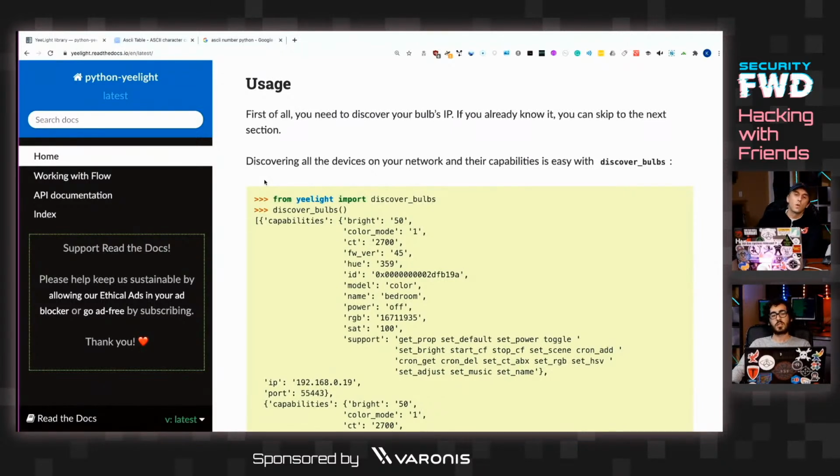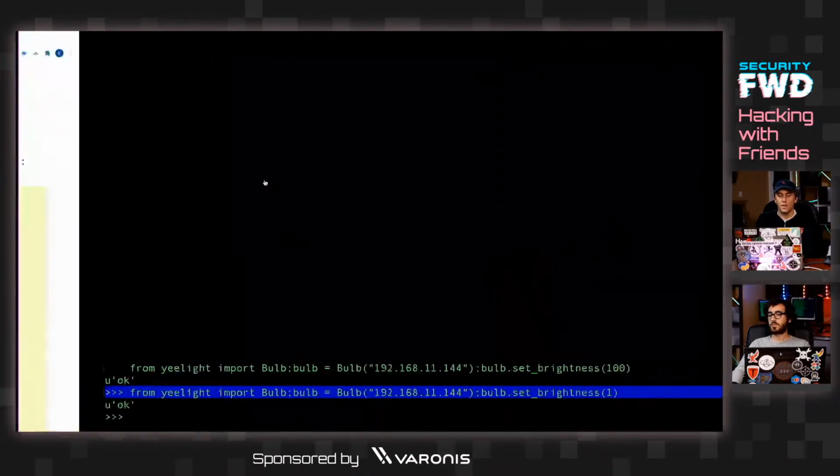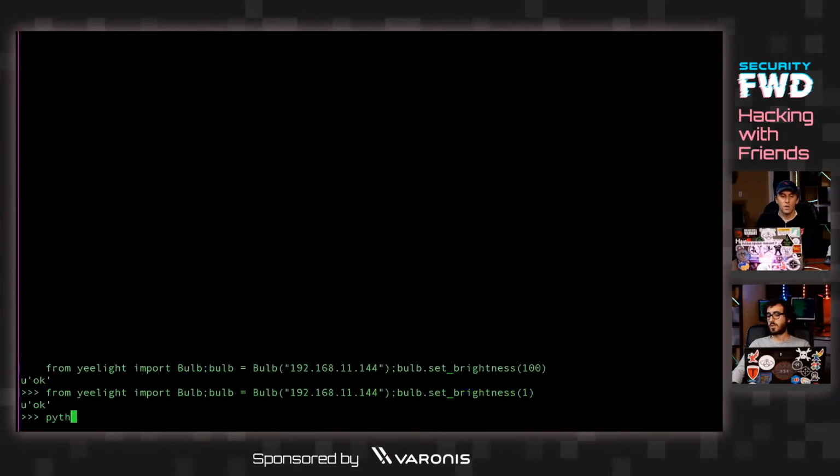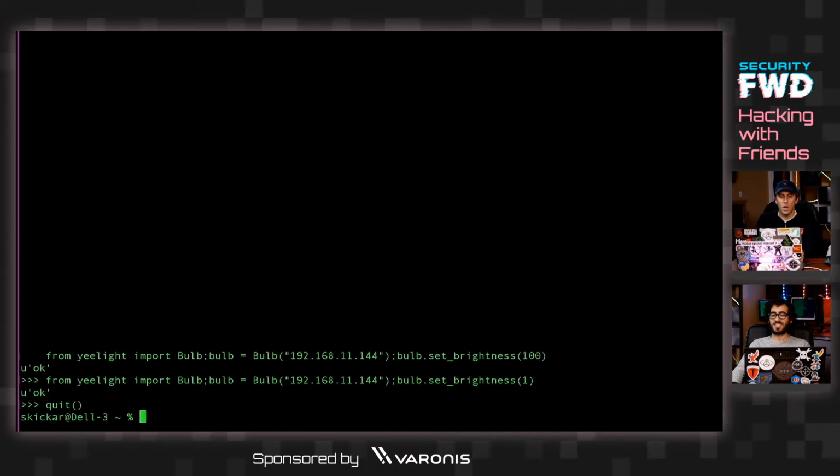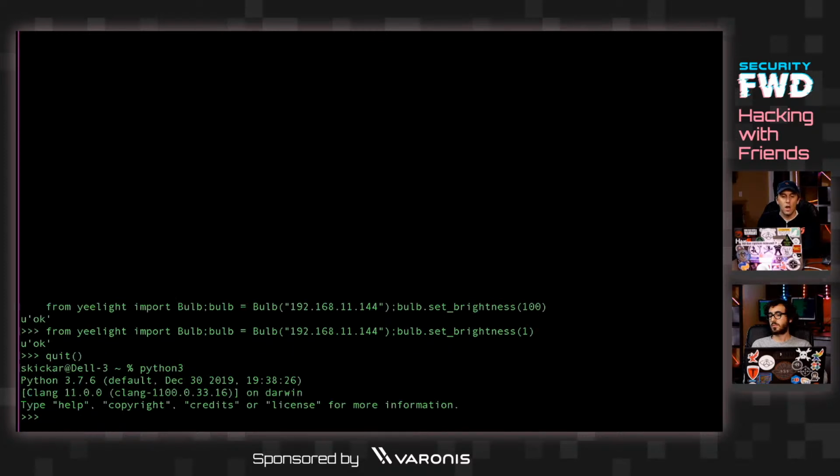Okay, cool. So as soon as we call Python, I'll exit out of the Python instance I had here. All right, so the first problem here is that in order to address any of these light bulbs, we have to find them. So here, if I type python3, oh, no, I couldn't get this to work, and here's why. When I try to import Yeelight,